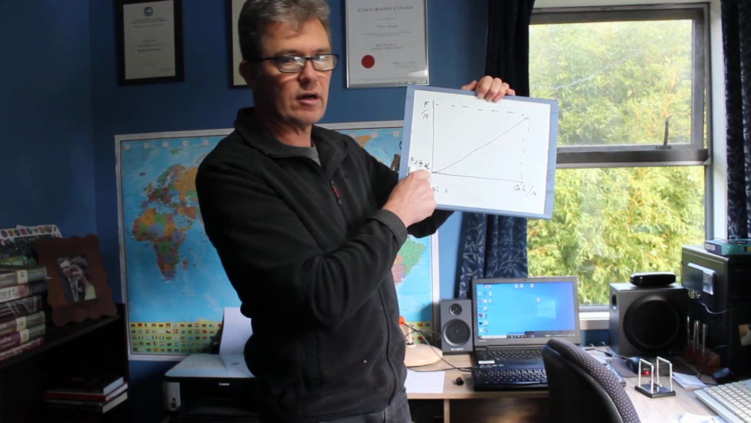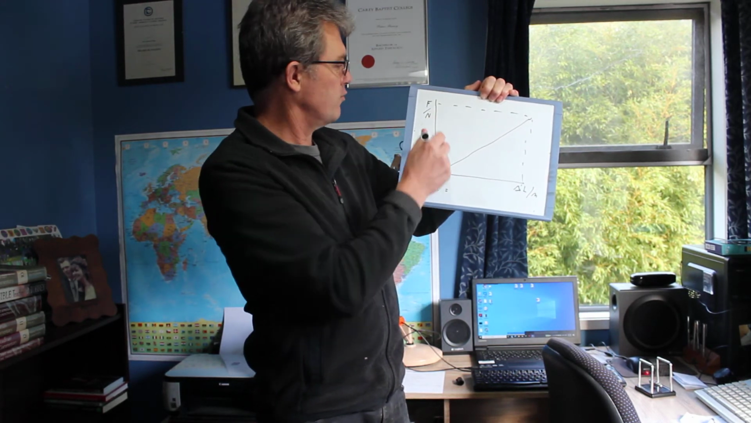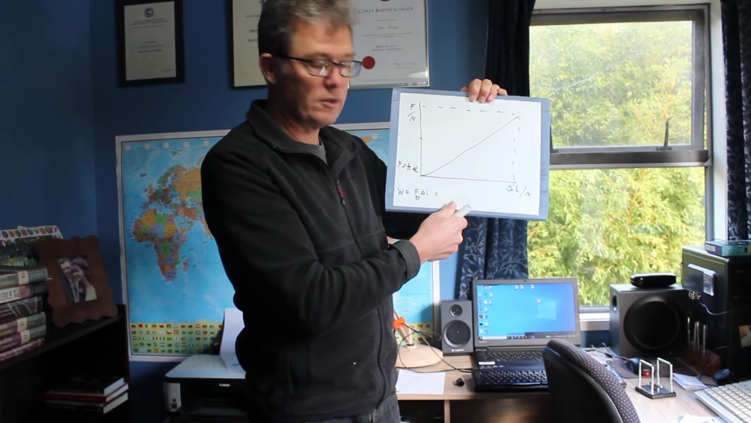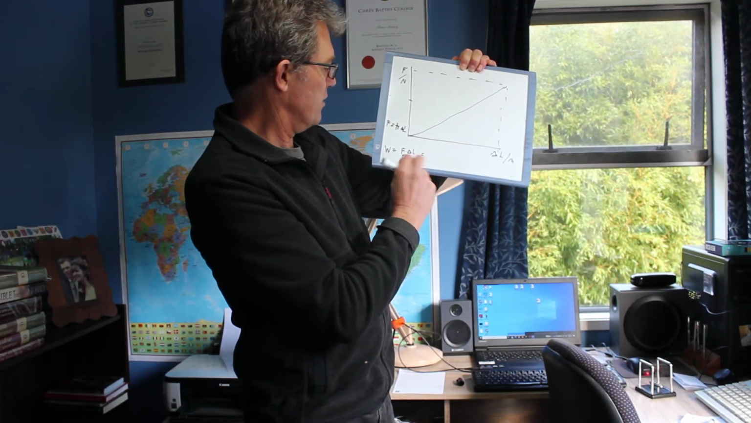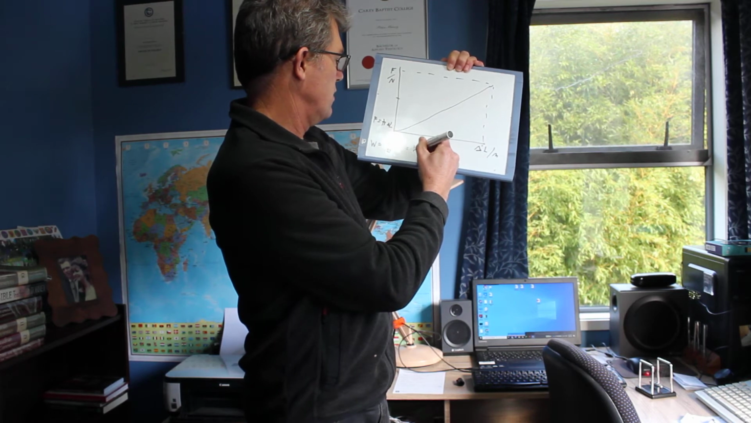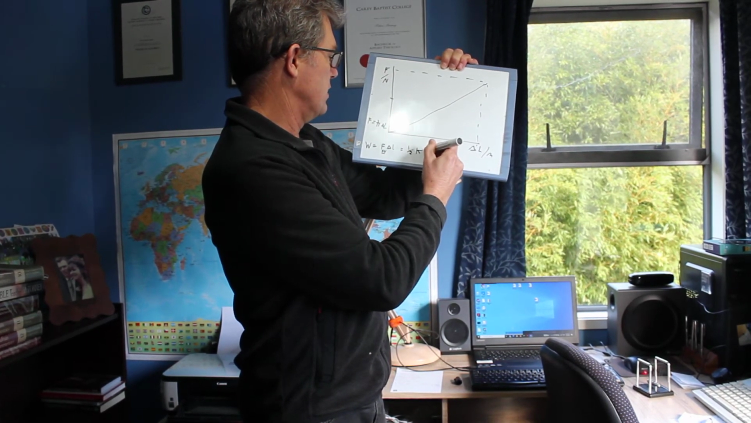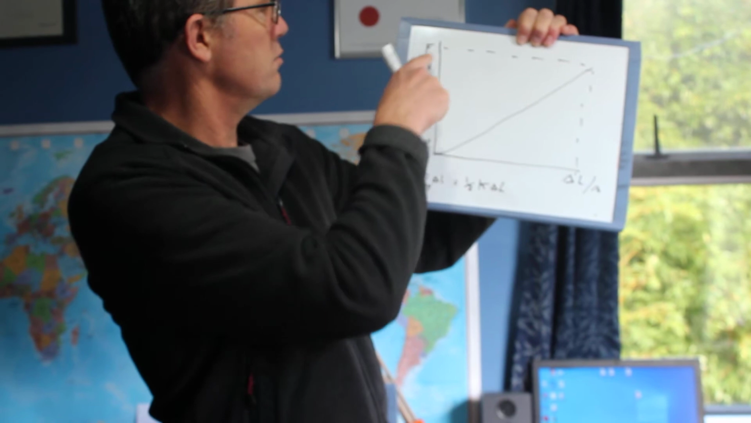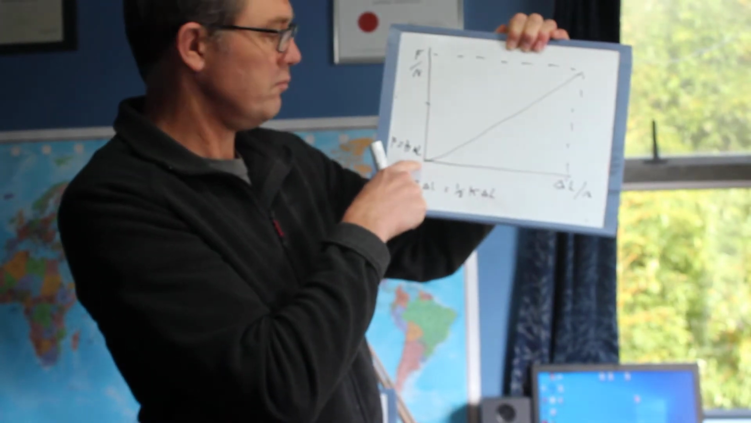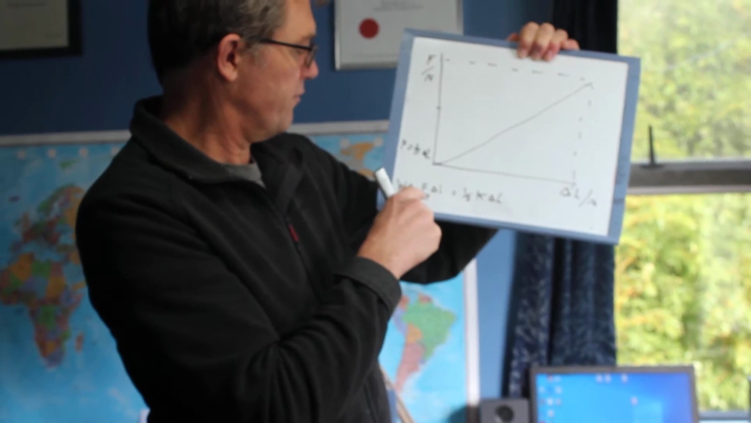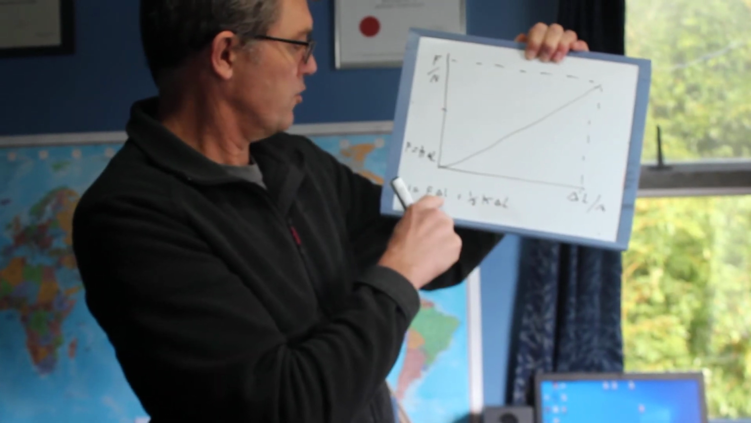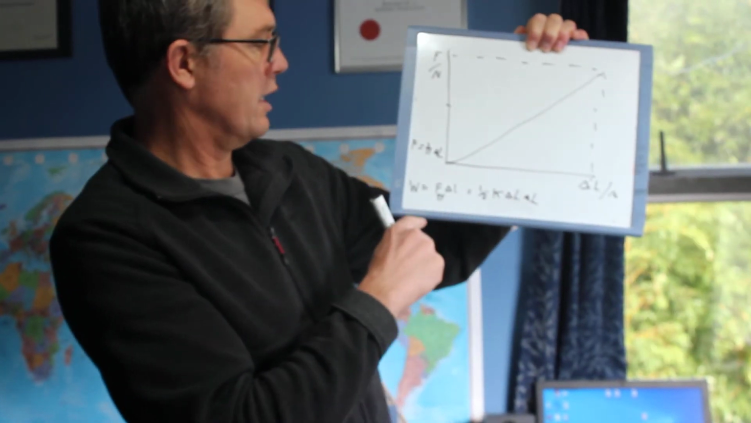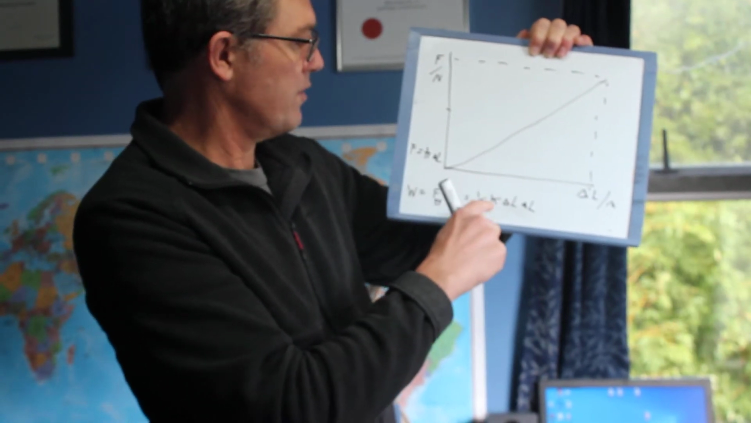The force starts at 0, it finishes at F, so the average force is half F. So if we say work done is average force times distance, then the average force is half K delta L, because the maximum force is K delta L. So the work done is average force, half K delta L, times distance moved, which is delta L. So work done, or energy stored in the spring, is half K times delta L,